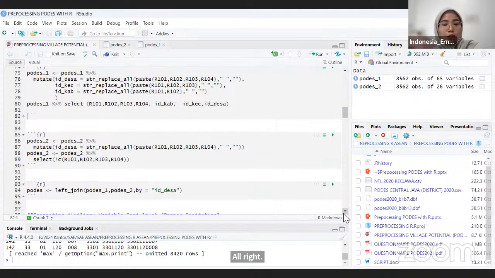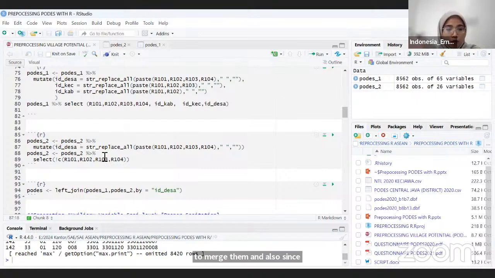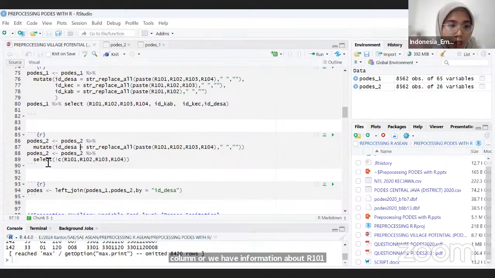We do the same to the second file, PODES2, in which we create the ID desa as an identifier to merge them. And also, since in both files, PODES1 and PODES2, we have information about R101 until R105, we deselect these variables in the new data frame. So here, just run the first syntax,